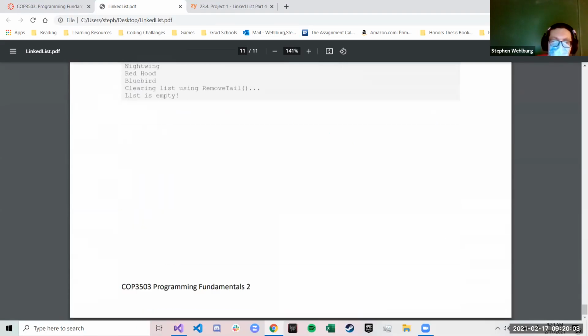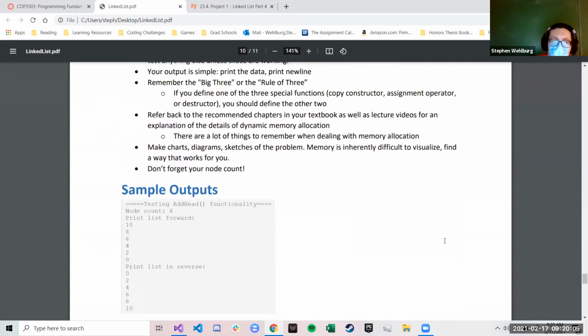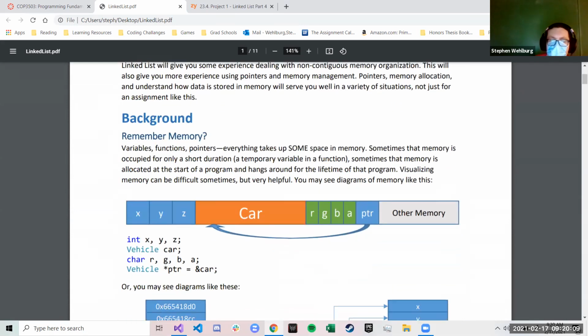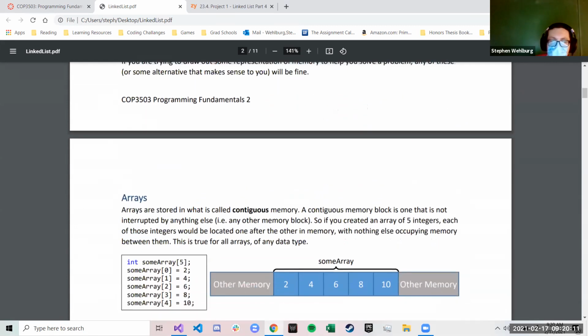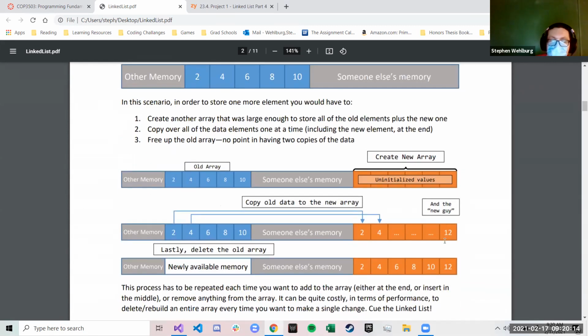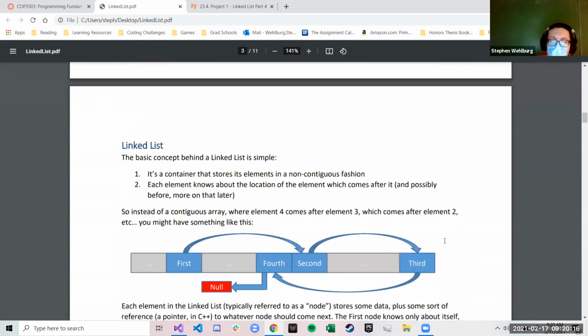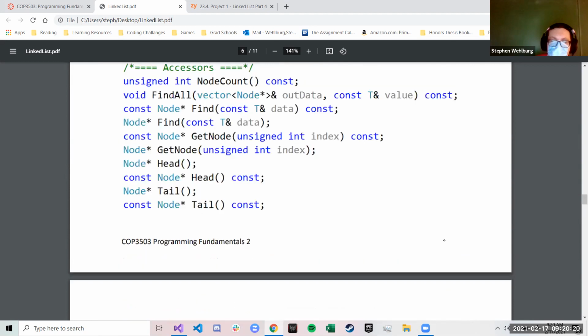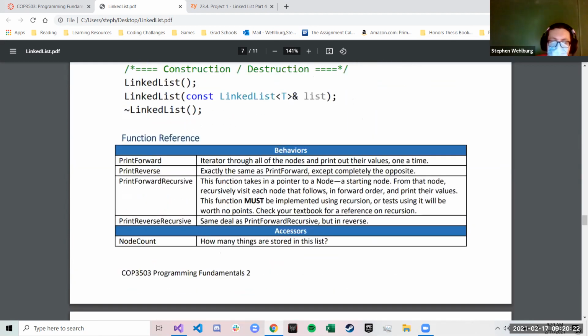Okay, and there's just some sample output. Okay, so the last thing I'm going to go through for the lab is a simple linked list overview, but any questions about any of the topics in here? I'm going to do an actual implementation so you can see some stuff. I won't do all the functions obviously, but